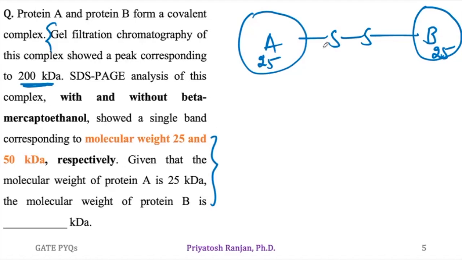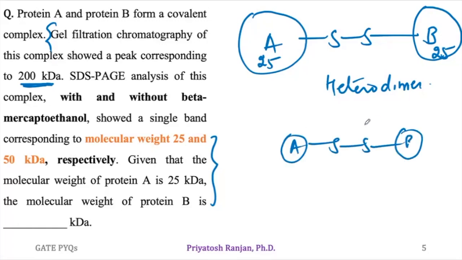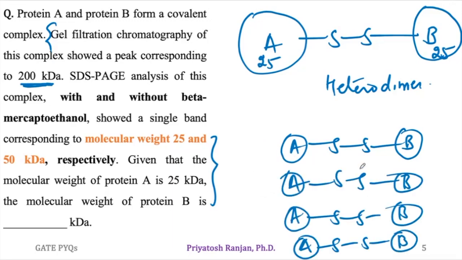So if this is 50 and we all know the overall molecular weight of the protein is 200 kilodalton, what does that tell you? That there are additional 4 copies of this heterodimer. So you have AB, which is covalently bound, and then you have 4 units of this complex, and one subunit is associated with the other subunit with the help of non-covalent interaction. And this seems to be correct because in that case,